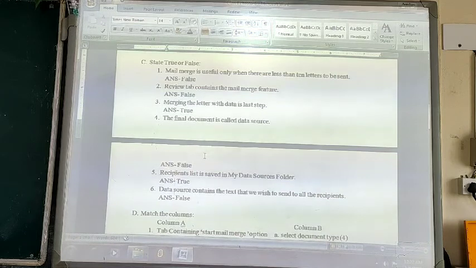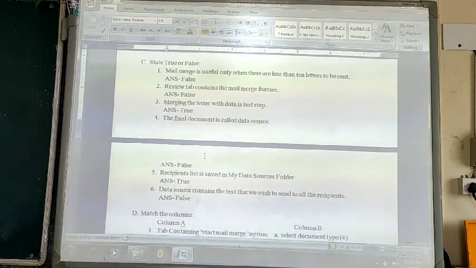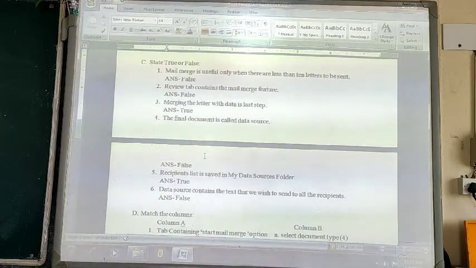As we discussed, we can send it to any number of recipients, so there is no limitation for that. The first statement is false. We can send it to any number of people.